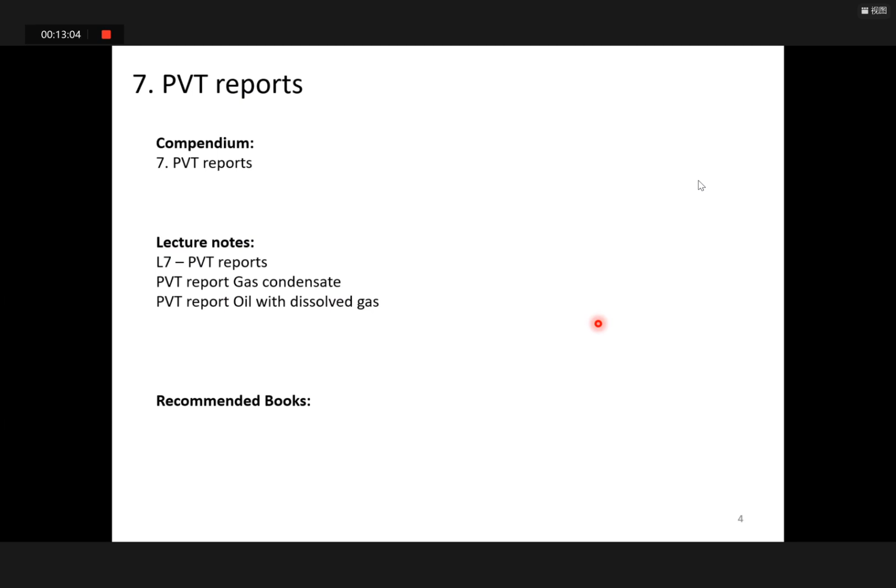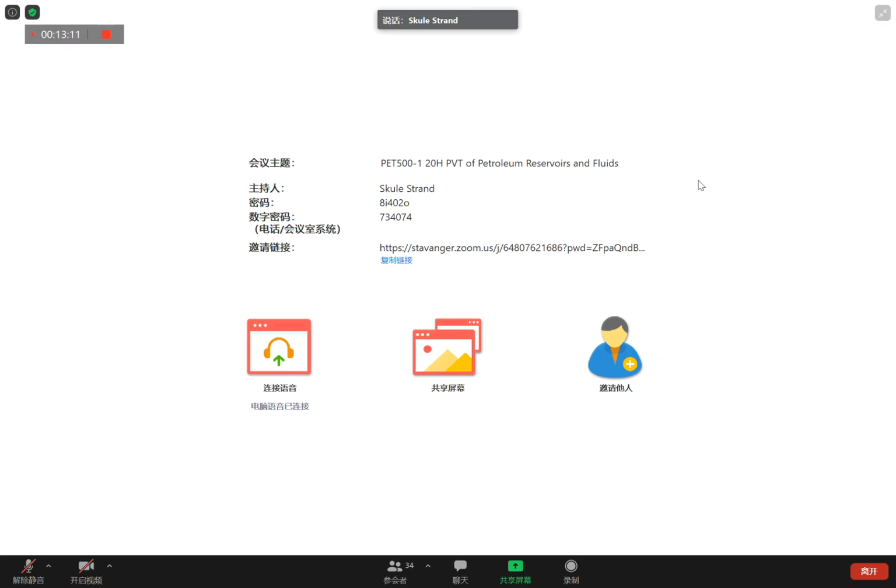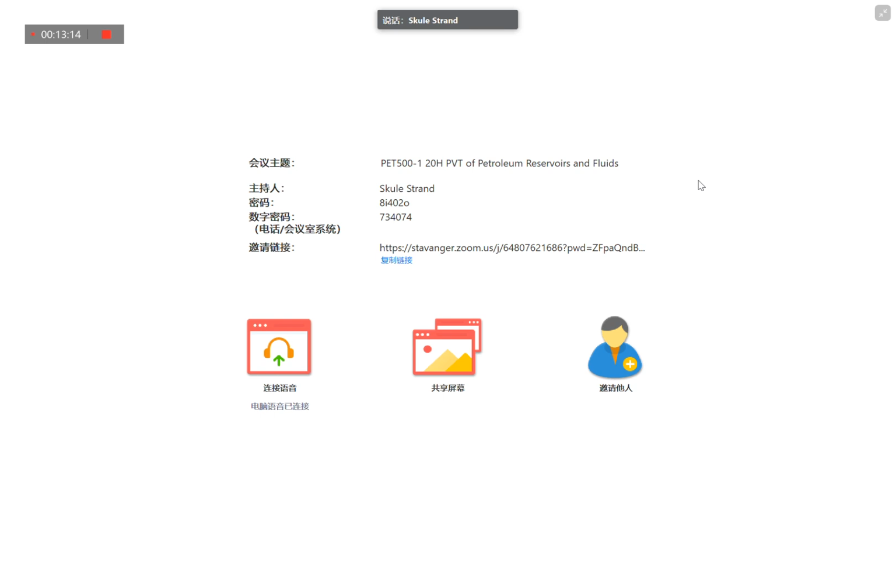We started with the gas condensate, but we ran out of time to complete the gas condensate. So now I need to find my